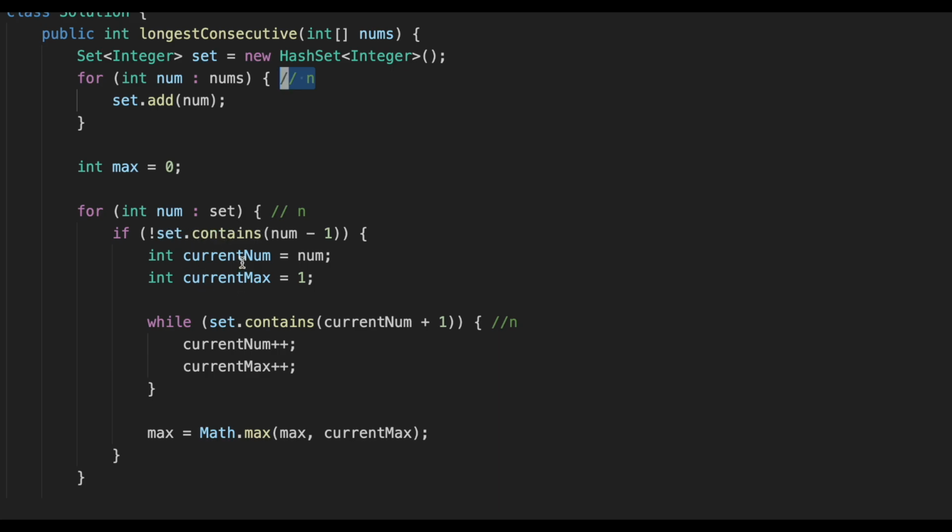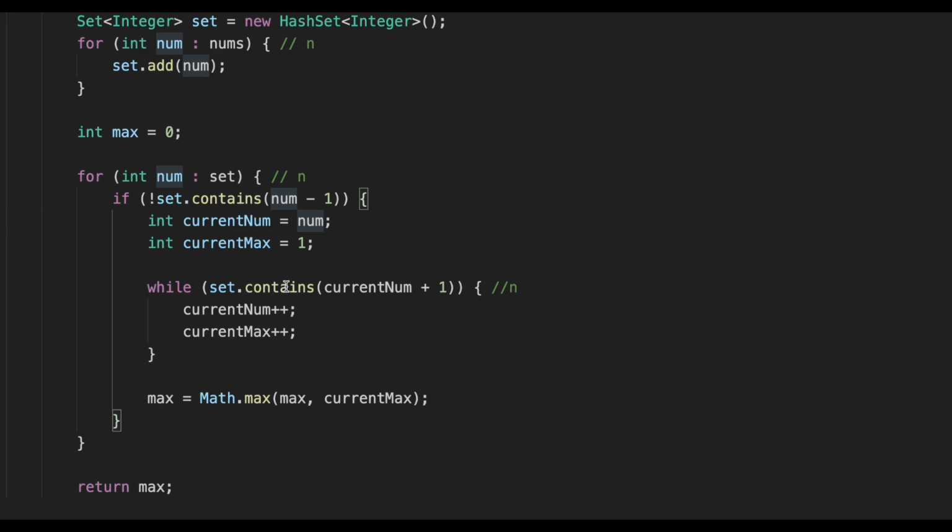So we are setting our current num to num. We are creating two variables, current num, which is equal to num, and the current max, which is equal to 1 also. And then we are expanding our current sequence by checking whether the next element exists or not. So for example, for 1, 2, 3, 4, and so on, if they exist in our set, then we are expanding our current num